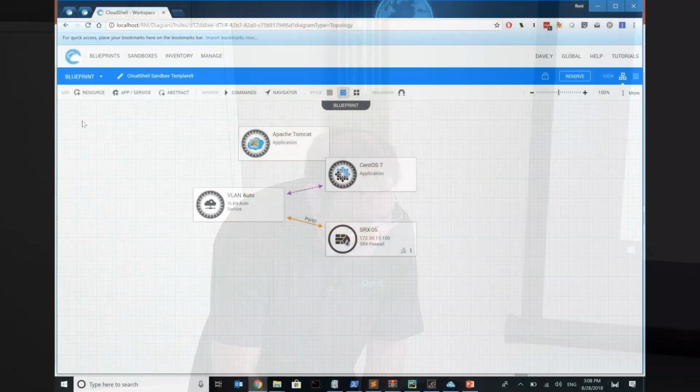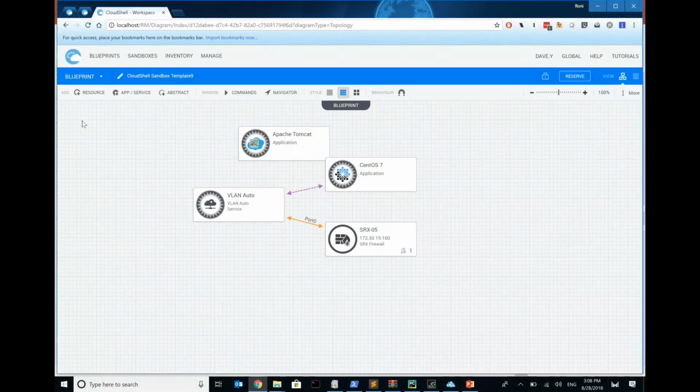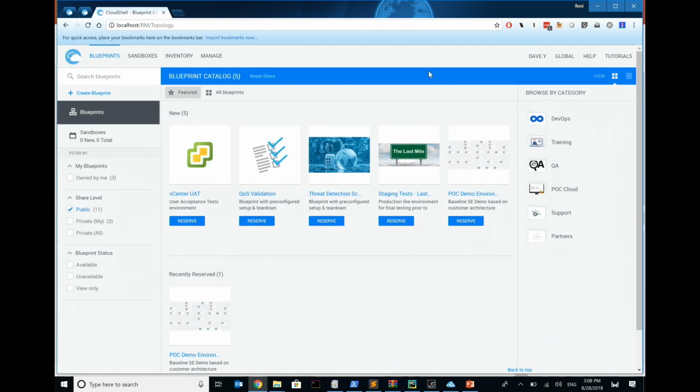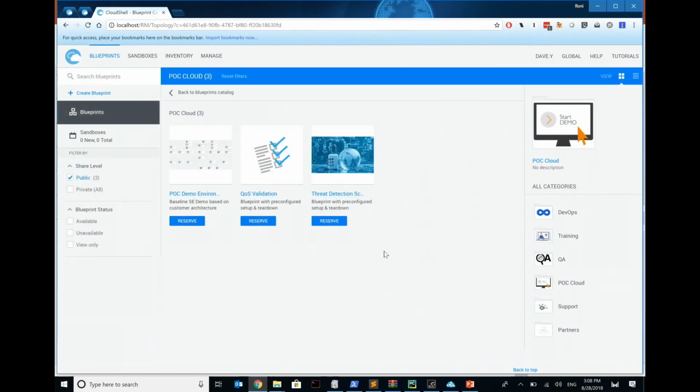So let's go look. So I've shown you a pretty simple example. Let's go look at what maybe a more complex environment would look like. Again, merging some examples from some of what our customers are doing. So in this case, by the way, this is the self-service catalog. And as you can see, we have several categories in here. So let's go to the POC Cloud category, where I have pre-prepared a couple of environments, again, that I merged